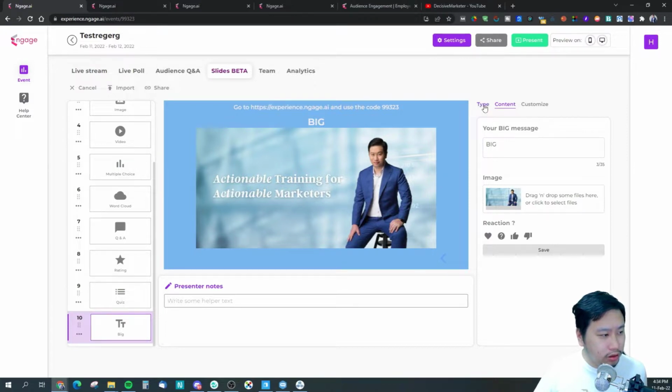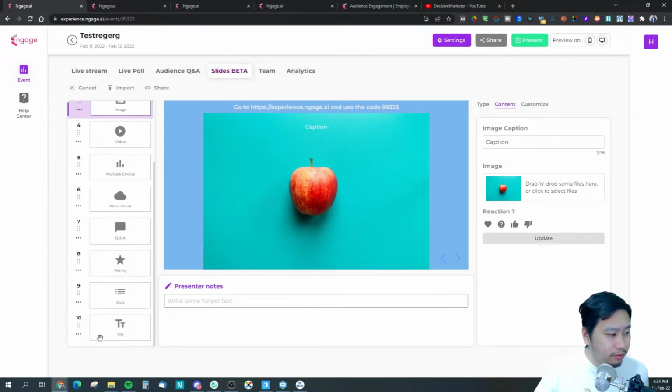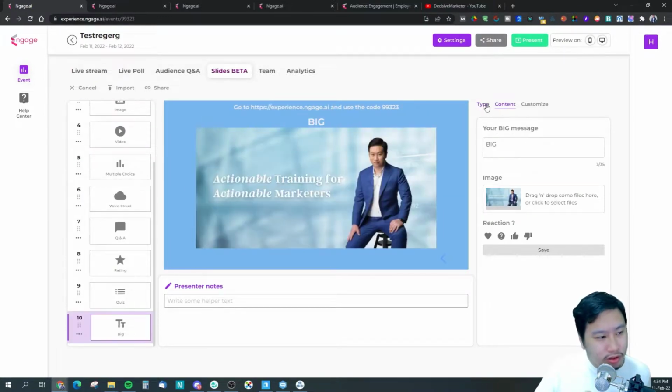Okay, it feels like image doesn't seem very different, so not really sure what this does. Okay, and you can also show reaction at the bottom here, so this is kind of interesting.